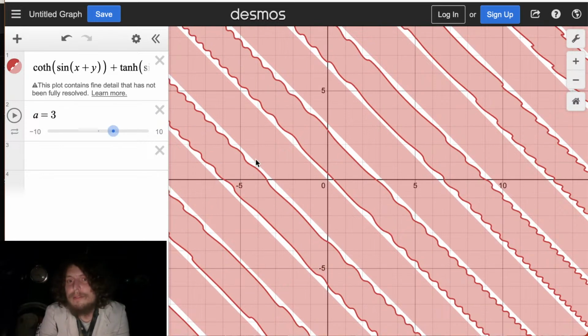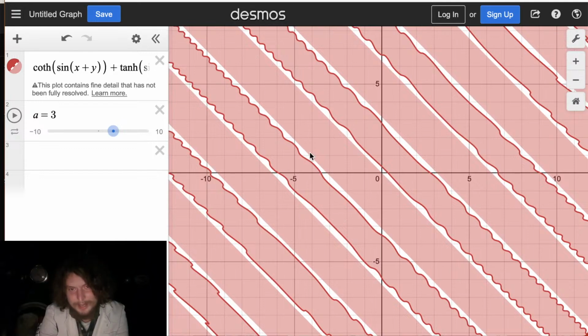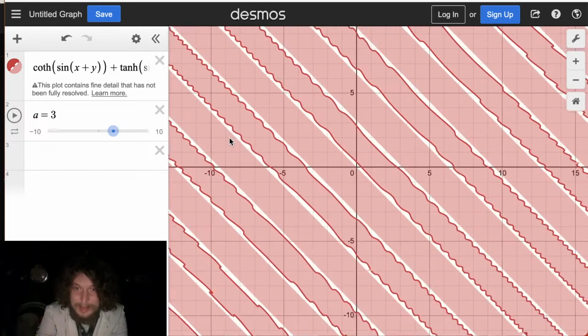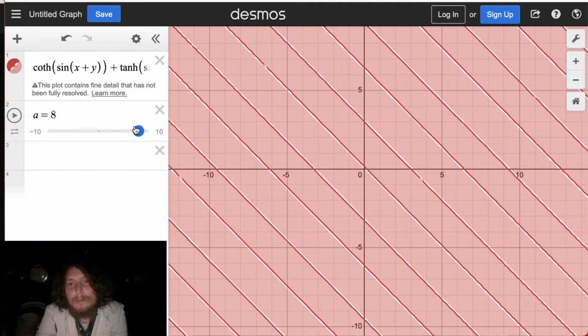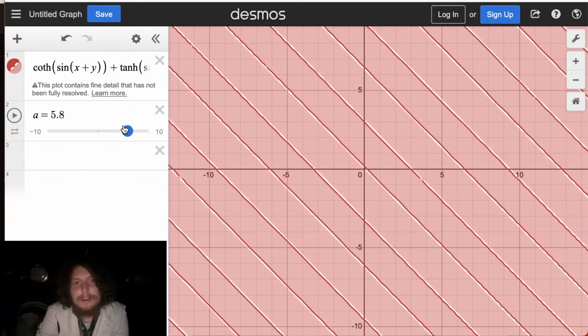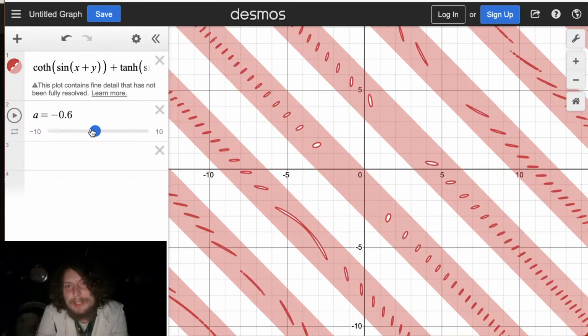Now, that makes them wavy. It connected all the islands, but maybe they were already wavy. I guess they were wavy as islands, and now they're connected. So if we go over here, it kind of gets more boring, kind of becomes more linear. If we go this way, we get a little more wiggle room.